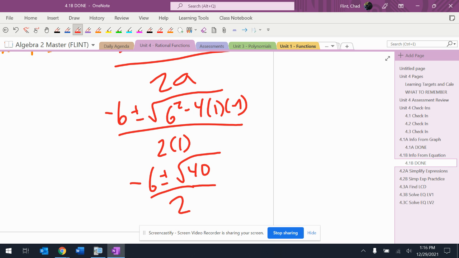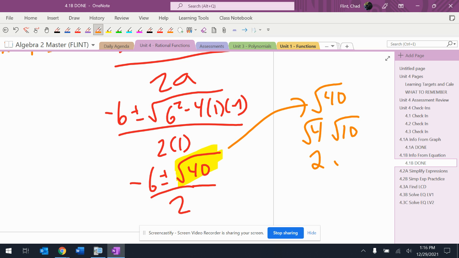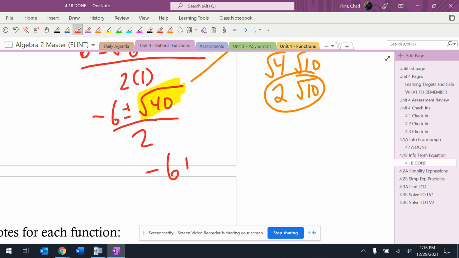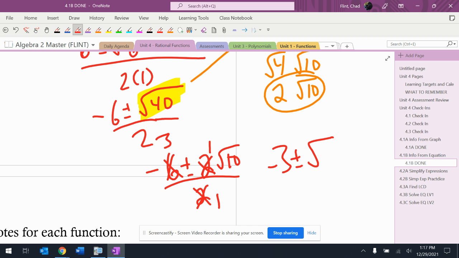I got to do some factoring. 40, and this is where, again, we haven't done this in a little bit. So I'm going to take this off to the side like I like to do. Square root of 40. If I split that into factors, I'm going to get a 4 and a 10. Because 4 is a perfect square, that's going to give me 2 radical 10. So then this is going to break down into negative 6 plus or minus 2 radical 10 over 2. I can take a 2 out of all of these, and I'll end up with negative 3 plus or minus radical 10